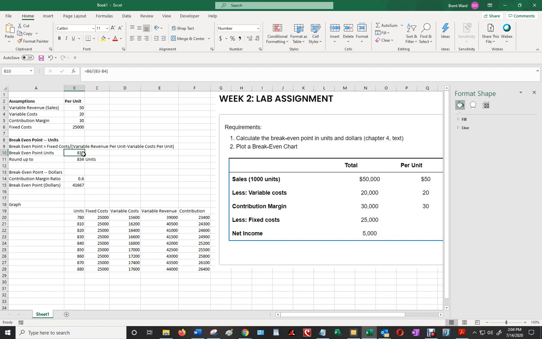And then that gives your break-even point of 833, and if you want to see what it is, it's 833.333, but you always round up, so it's 834 units. And that's the answer to what is the break-even point in units. Then we have to figure out what the break-even point is in dollars. To do that, you use the formula, which is fixed costs